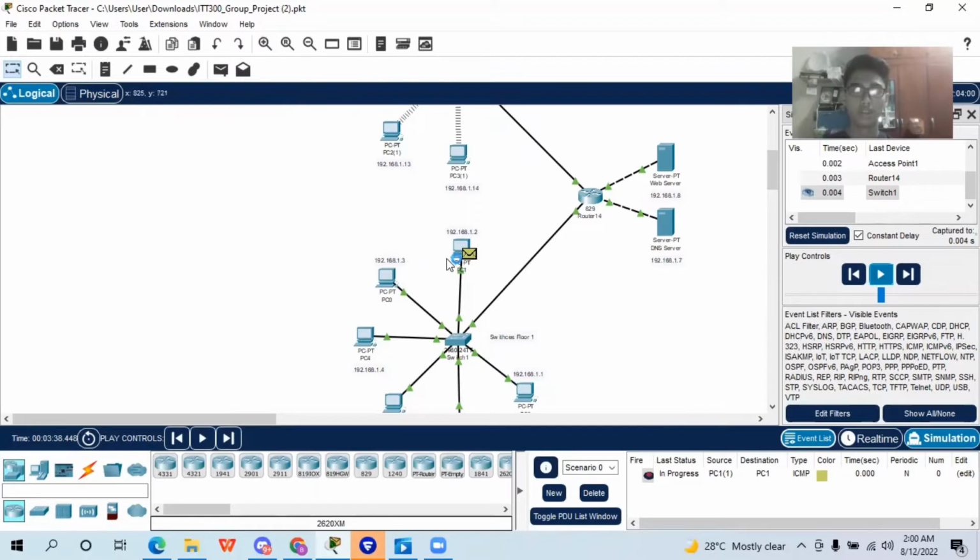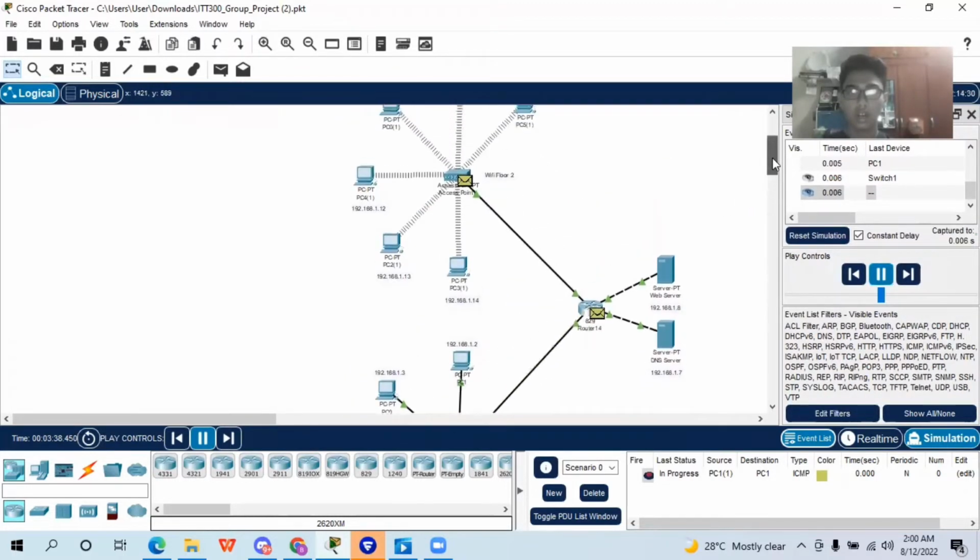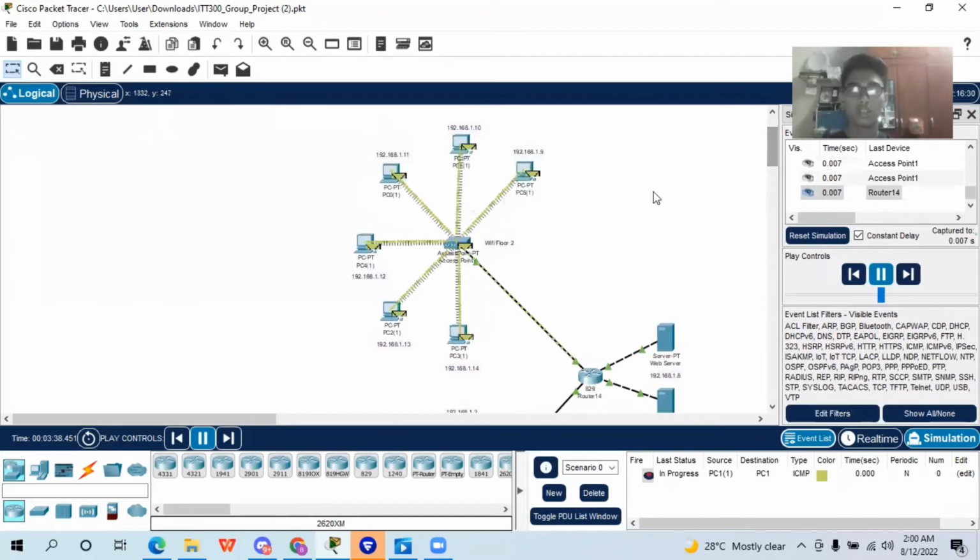So this is the correct IP address, which is 192.168.1.2, and then this PC that has the correct IP address will return the data to the switch, and then the switch will return the data to the router, and then the router will return the data to the access point. So at here